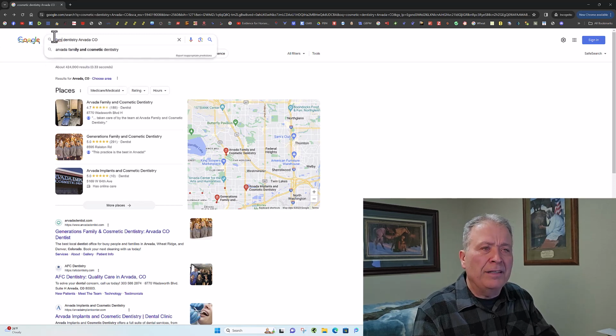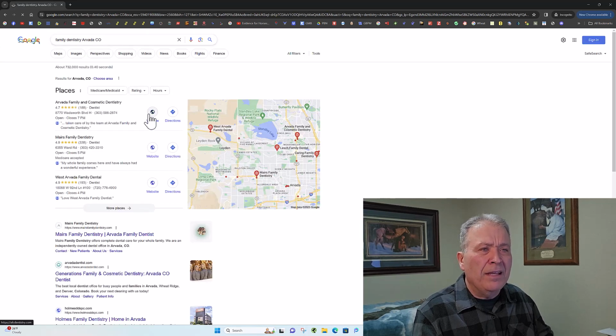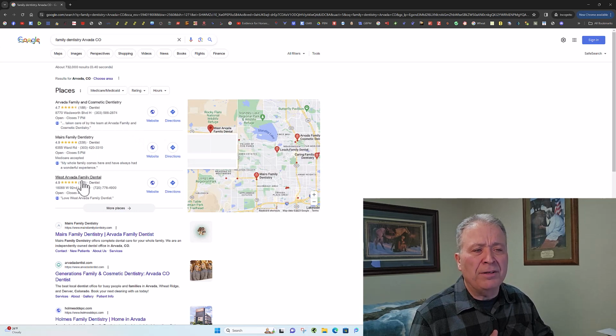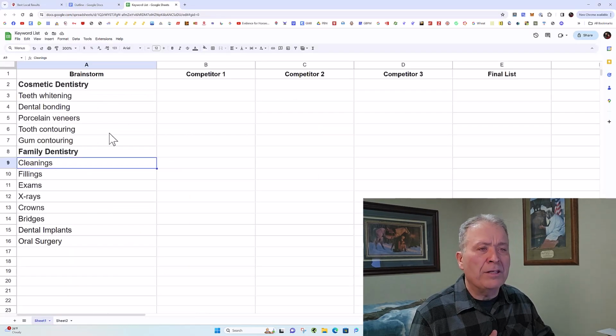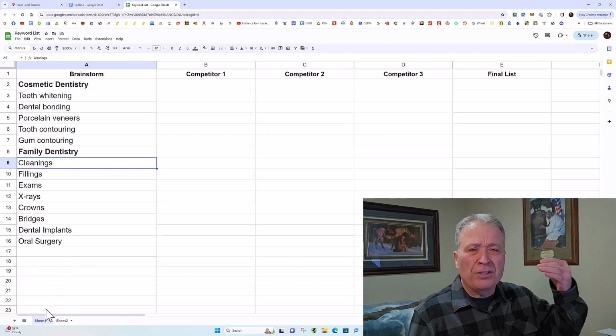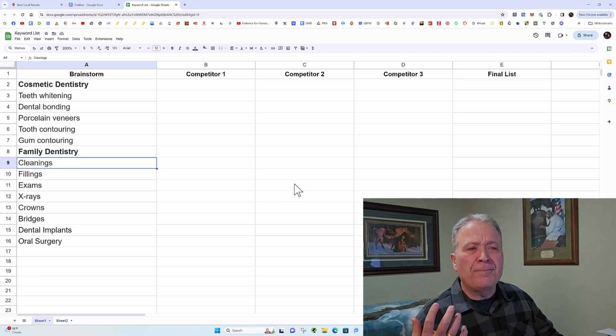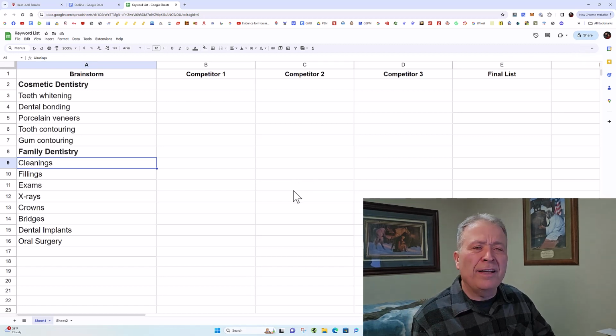I'll do family dentistry, Arvada, Colorado. And then I'll make a note of the three businesses, dentists that show up in that 3-pack. And going back to our other page here, I just have those two listed here, but if you had a few other general categories, you want to search each of the general categories that you have. And what you'll find is you'll find